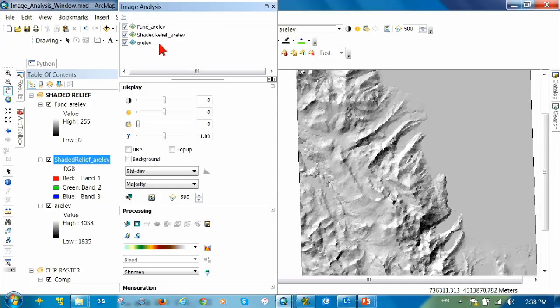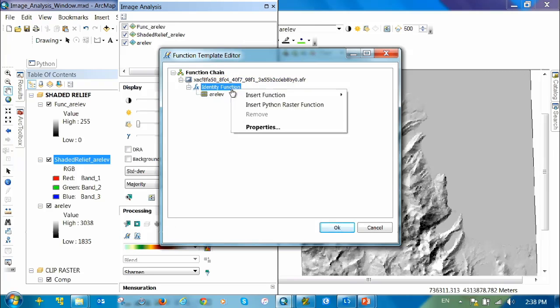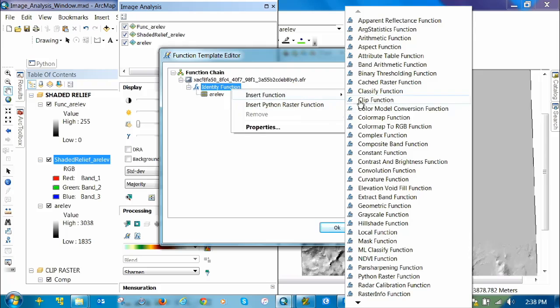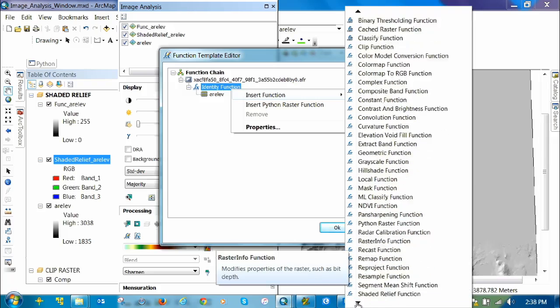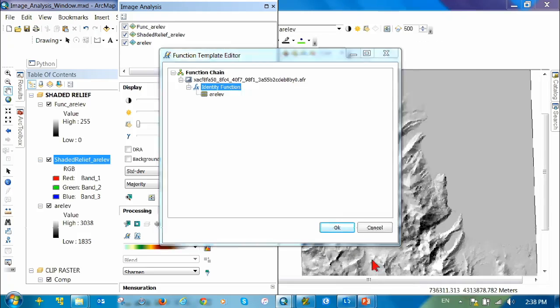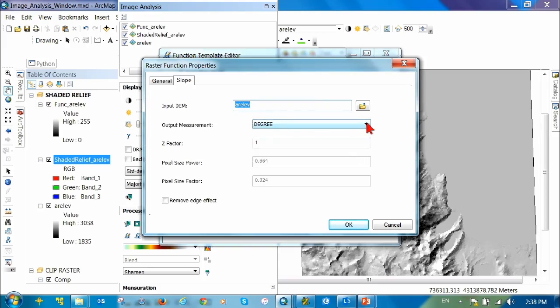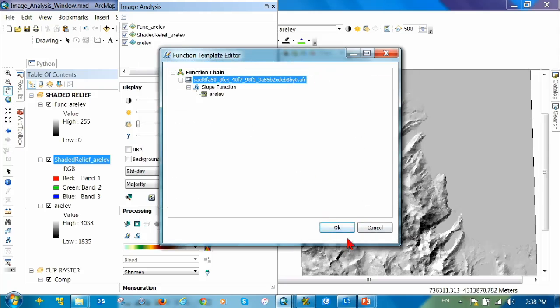And after that, we select this and create another function, and this time you're going to insert the function that is going to be slope. Just clicking here to get to the S, and there is this function. Click on that, and maybe you want to change something, the percent rise. You click OK. We run it,